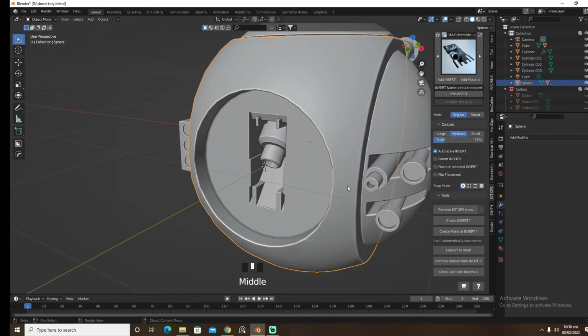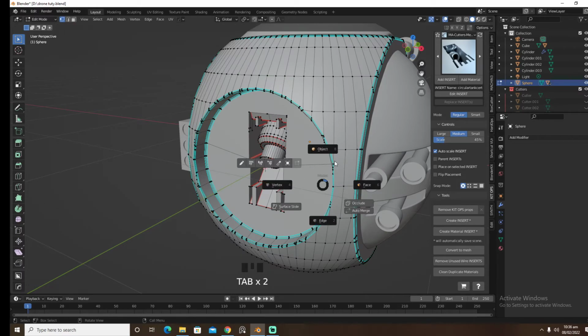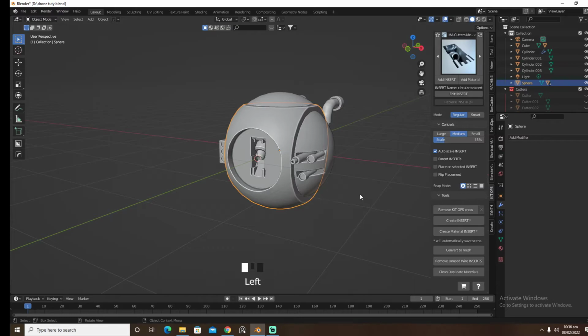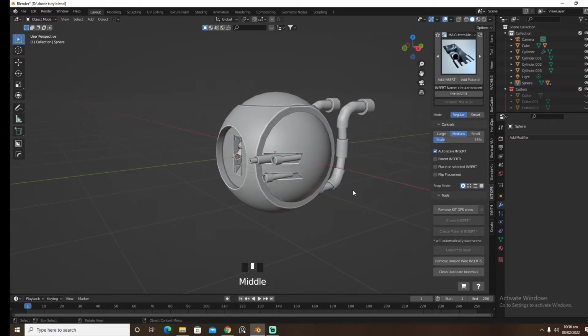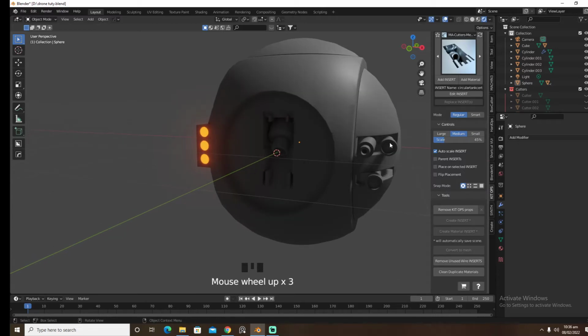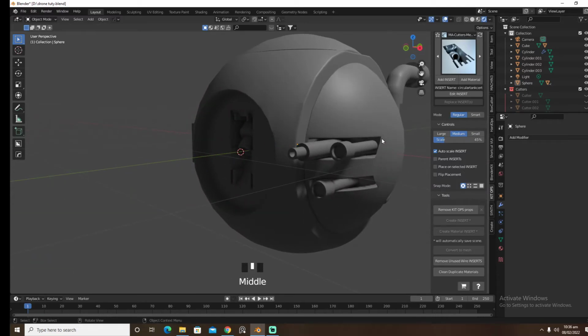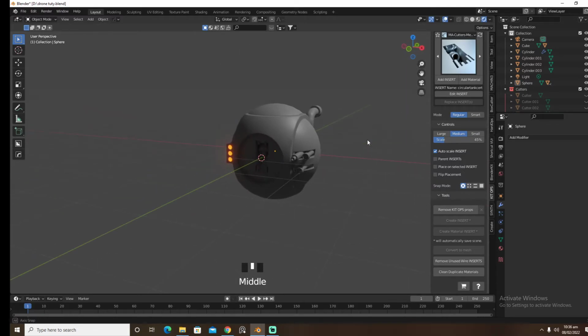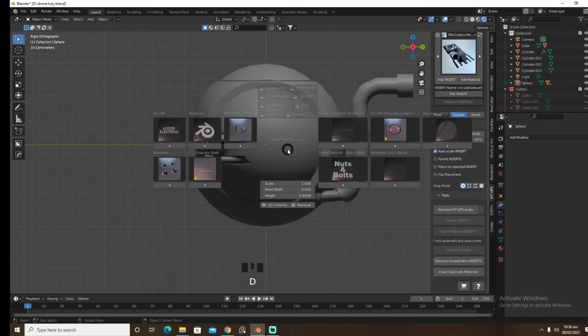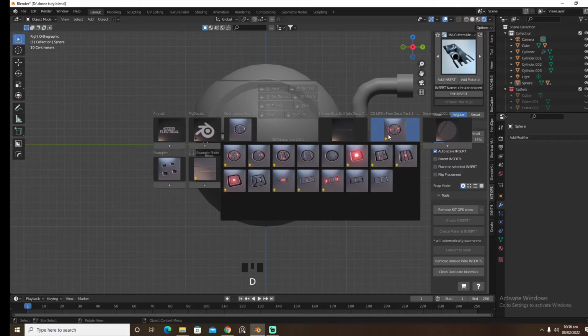Let's get rid of bevel for now. Alright, let's go to the right view and we're gonna add some decals,